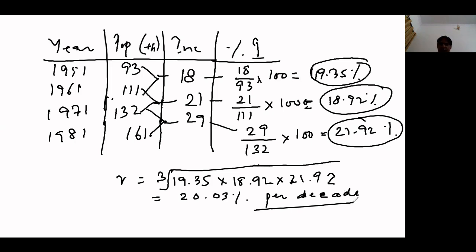The approach is very simple, as we have all done in mathematics in class 8th, 9th, or 10th. That a population of a particular city was 10,000 in this year. It increases by a rate of, say, 10% every year. So what is the population next year? 10% of 10,000 is 1,000. So the population next year would be 1,000 plus 10,000, that is 11,000, right?